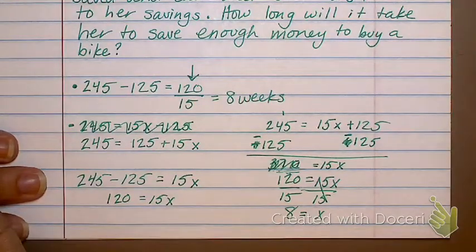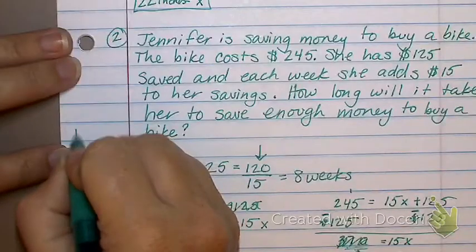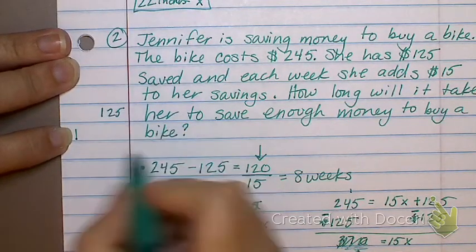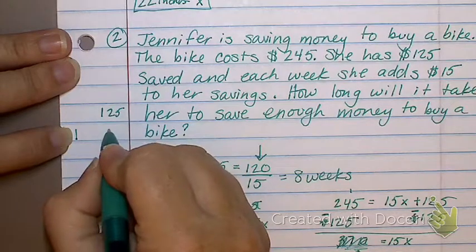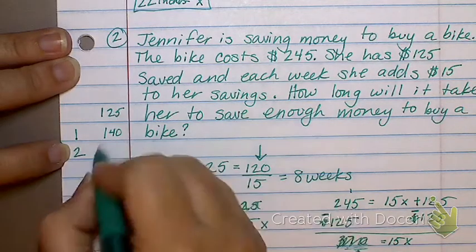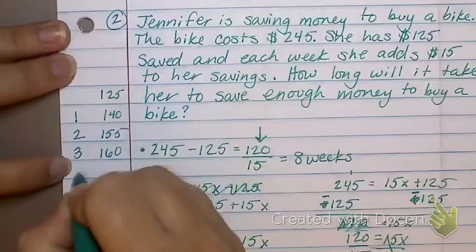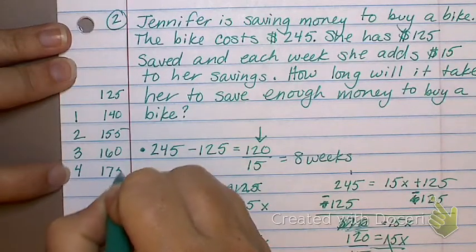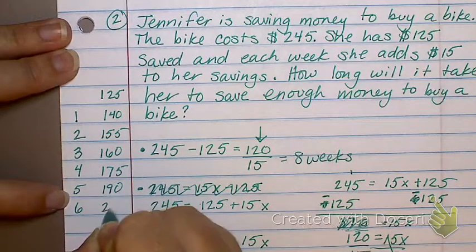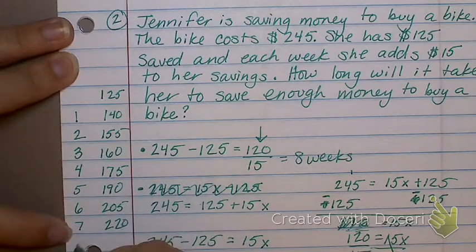Nobody did it my way. How did I do it? Well, I said in week 1, to start off with, she has $125. In week 1, she's going to add $15, so that means she would have $140. In week 2, she has $155. In week 3, she has $160, $175, $190, $205, $220, and